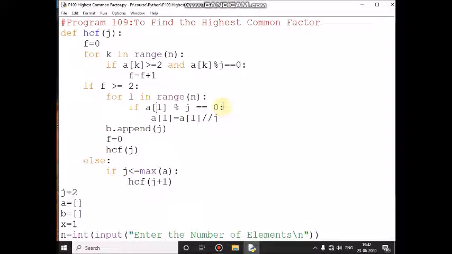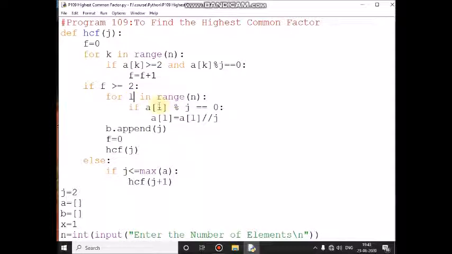A of second location value 15 modulo 3 means remainder 0, 0 equal to 0 means condition is true. Then a of second location equals a of second location value 15 divided by 3, that quotient you get 5, 5 will be stored in a of second location. Then it will increment, 2 plus 1, 3 less than 4, condition is true.